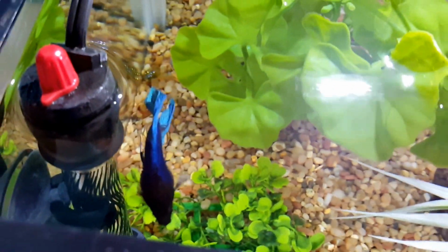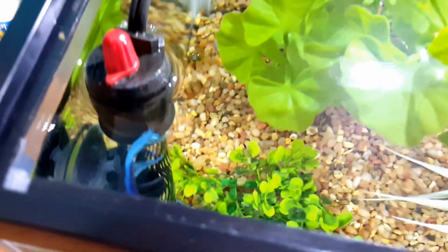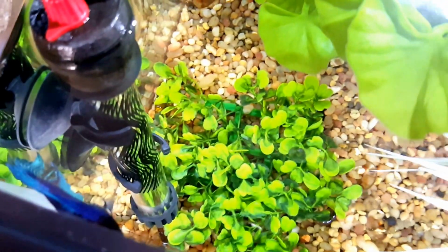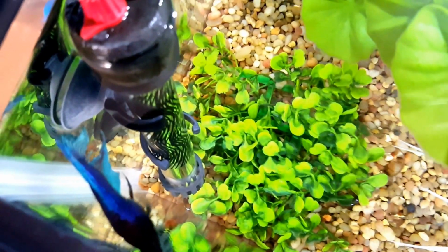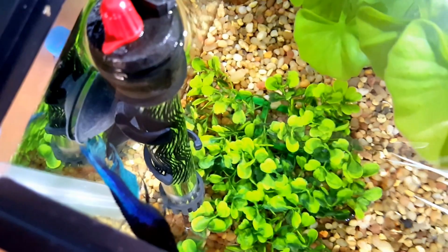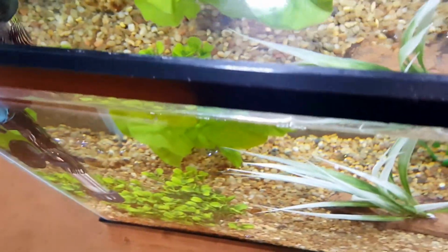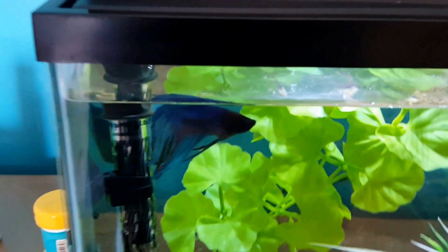And I was like, oh, Lord. And I saw the scales raise, and I immediately ran to the store and got some more Betta Fix because I hadn't had to use it at all. This is his first time being sick in a year. And actually, he got sick around the same time last year in January. I accidentally left his light on too long, and the tank was about 84 degrees. So he ended up getting fin rot. So I had to get Betta Fix for that and some other things, but the Betta Fix took care of it. Anyway,